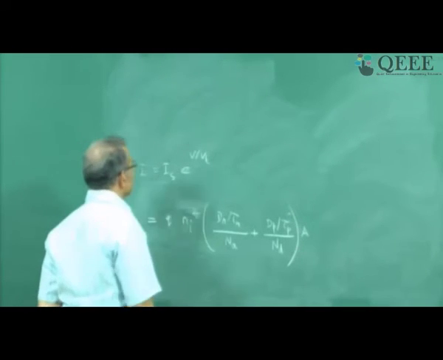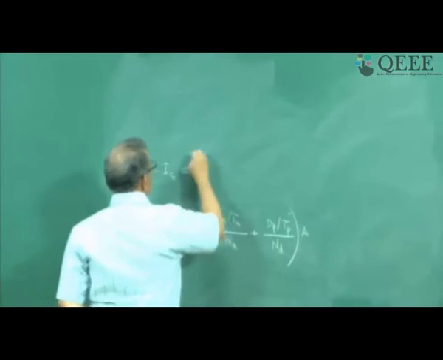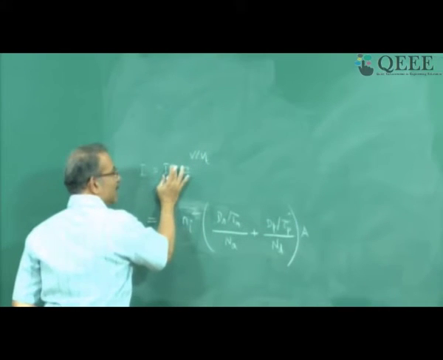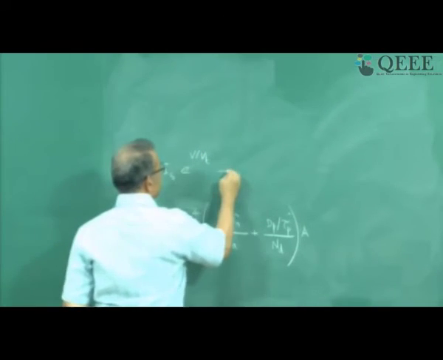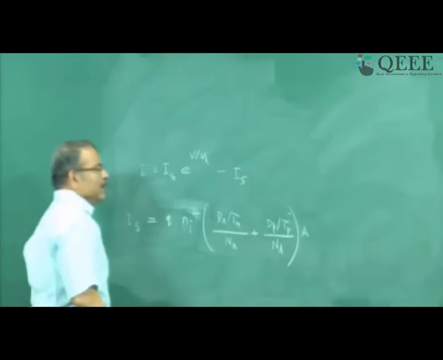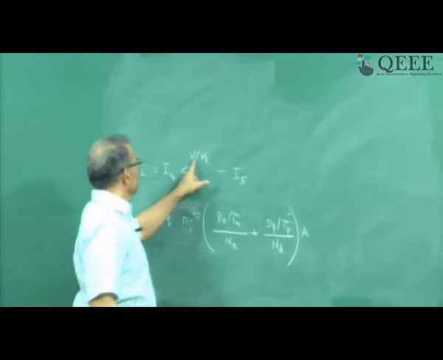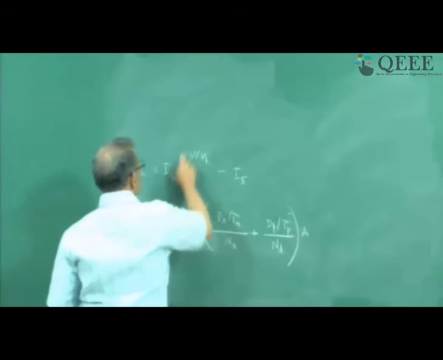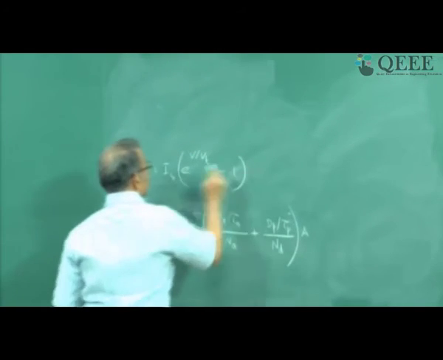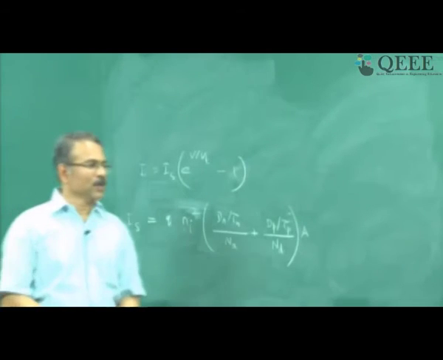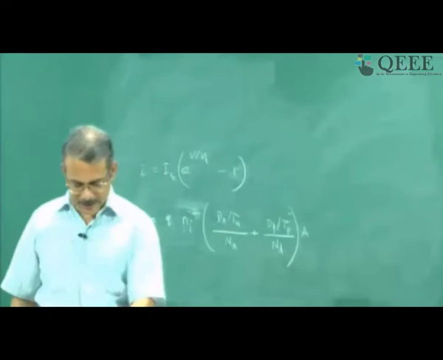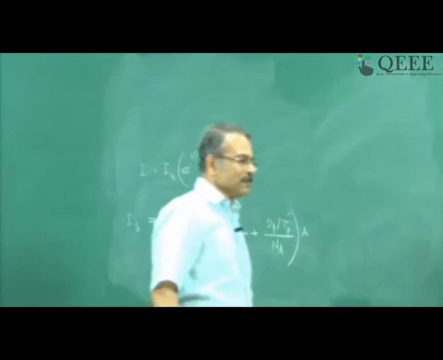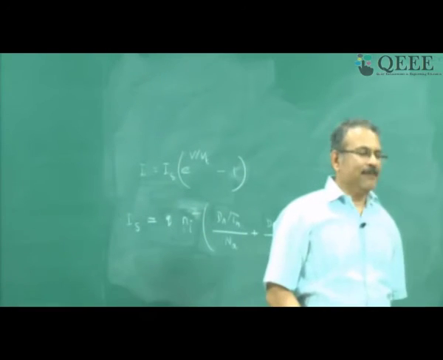Then it strikes me immediately, what should I do? So V equal to 0, I am getting I equal to Is, but I should get 0, so I must subtract Is. If I subtract Is, then when I put V equal to 0, this Is minus Is, I will get 0, right? And then it strikes me, yes, I have forgotten this one. So this is the way we can check model equations, and we must check.